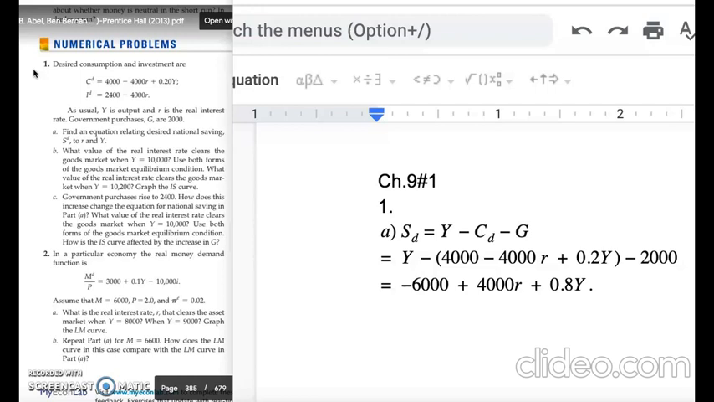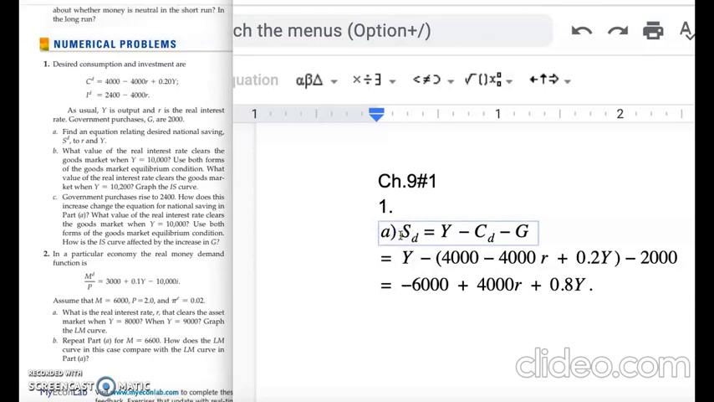First, problem number 1 from chapter 9. As you can see there, we have the desired consumption equation and the desired investment equation, and we will have to find an equation relating desired national saving to r and Y. To do so, we will use the equation of desired savings, which you can see here, and after that we just substitute all the values